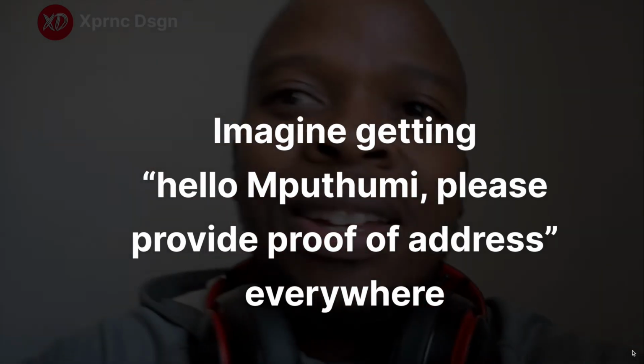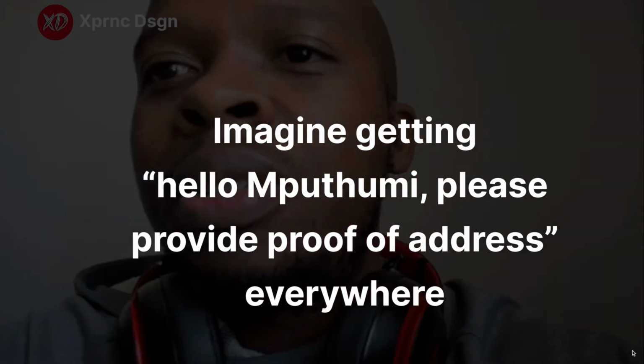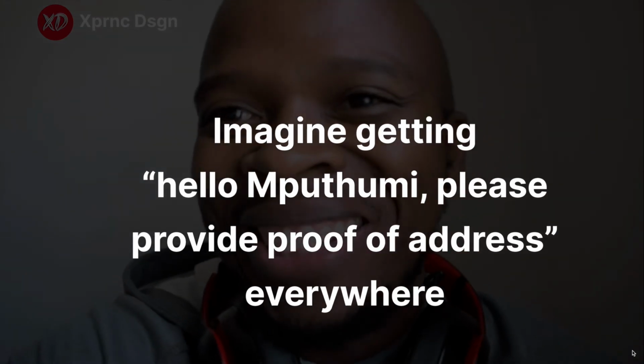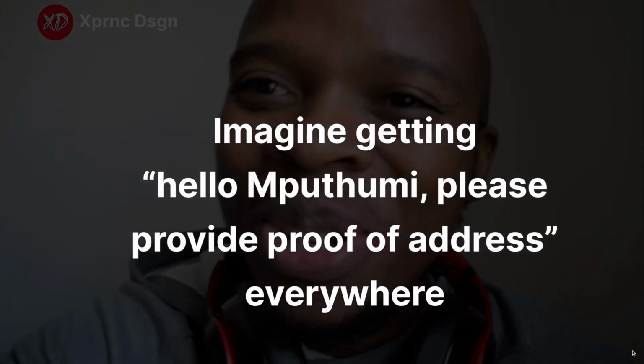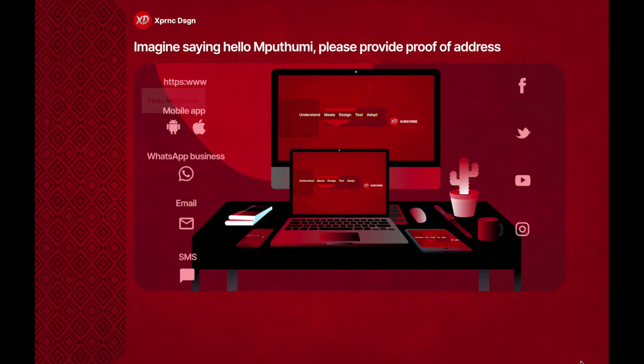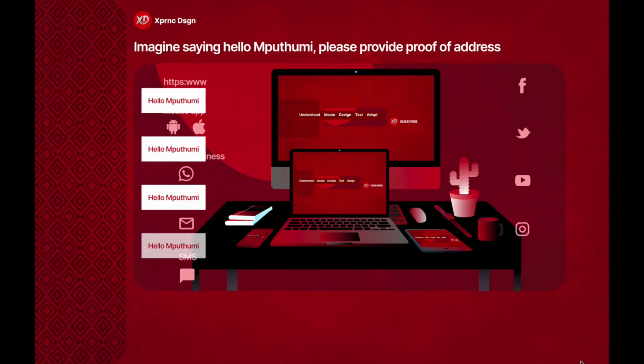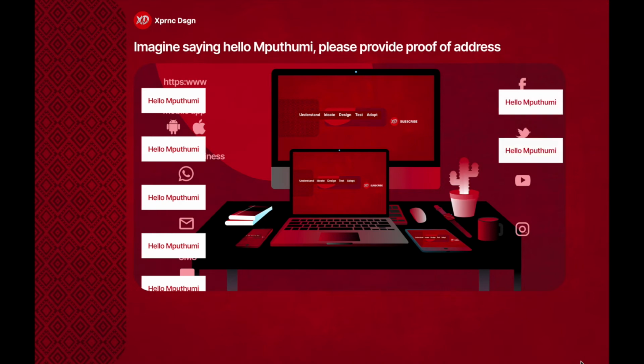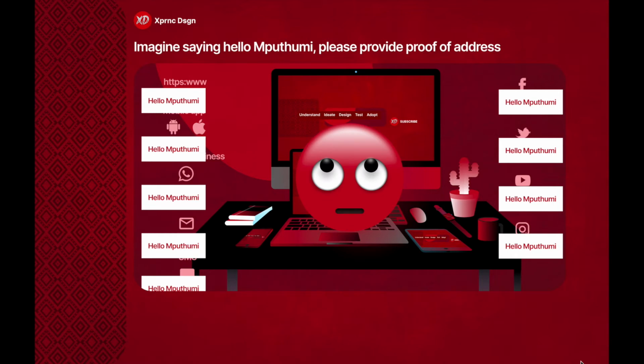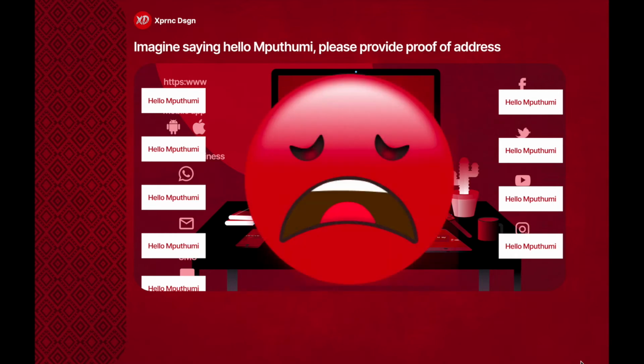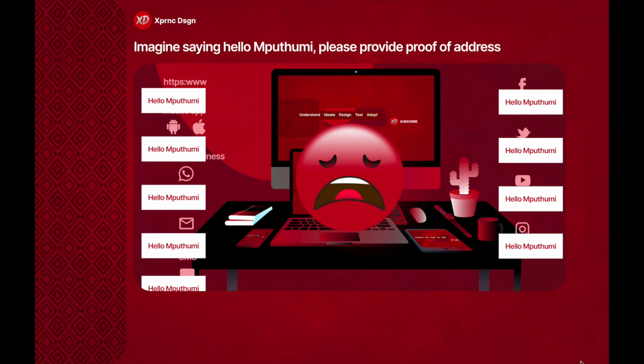This problem is so personal, so close to home. Imagine getting a "hello Putumi, please provide proof of address," like everywhere. Yo guys, these brands, they will harass you. They'll send in an SMS, reach you via WhatsApp, reach you via Facebook, reach you via an app, and we're bombarded by so many messages. It doesn't really help that you've read the message via the app, because the email that is already sitting in your mailbox is not going to disappear. It's like,